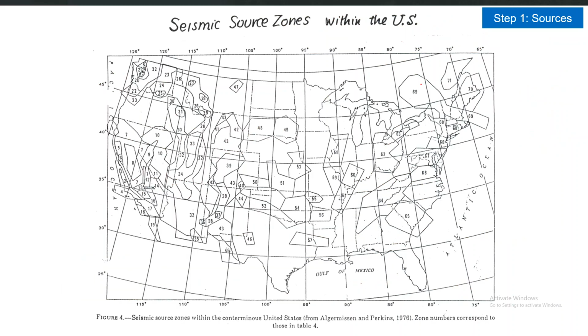in the PSHA process. So for example, here you can see the seismic source zones within the US in this map. So this delineation of seismic sources is done based on the patterns of historical seismicity, and also looking at the seismotectonic features or seismotectonic environment of US. So you can see here that all of these numbers are indicating the seismic source zone number, which will be modeled explicitly in the PSHA process. And this is delineated or decided based on the historical records, historical data.